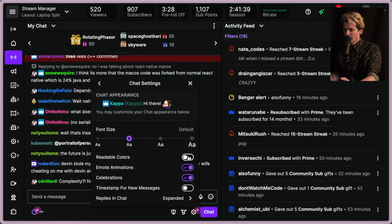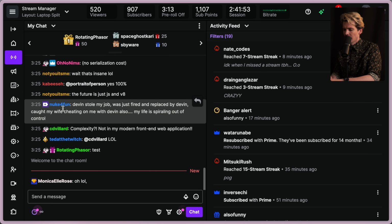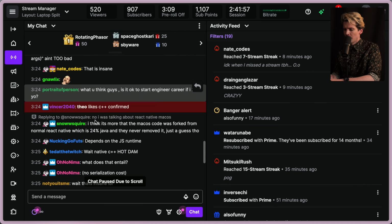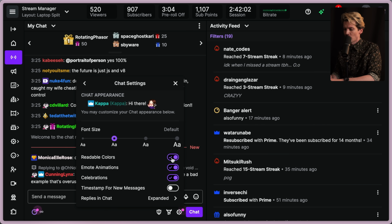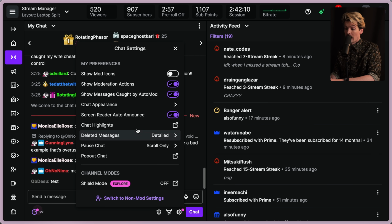See this readable color switch? If I turn that off, I'd have to refresh. Seems like nobody's colors are off enough to be hard to read. But if somebody had a dark enough color and I turned this switch off, it would be very hard to read their name. The math they did to make that color thing work is why I'm bringing it up, though,